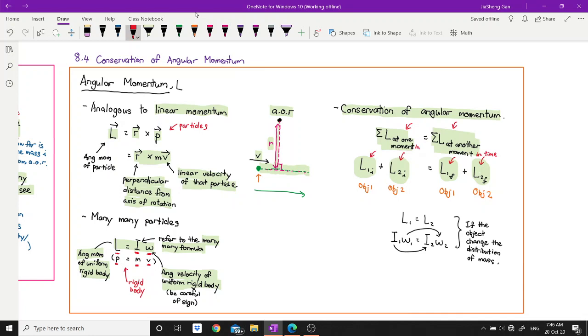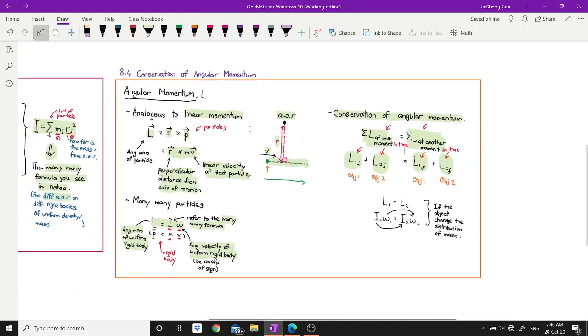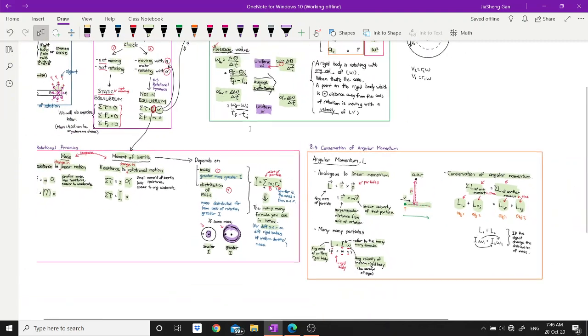Moment in time means a particular instant. Okay, so that's conservation of momentum. So it's sort of like a standalone thing actually. So if you relate the whole thing together,